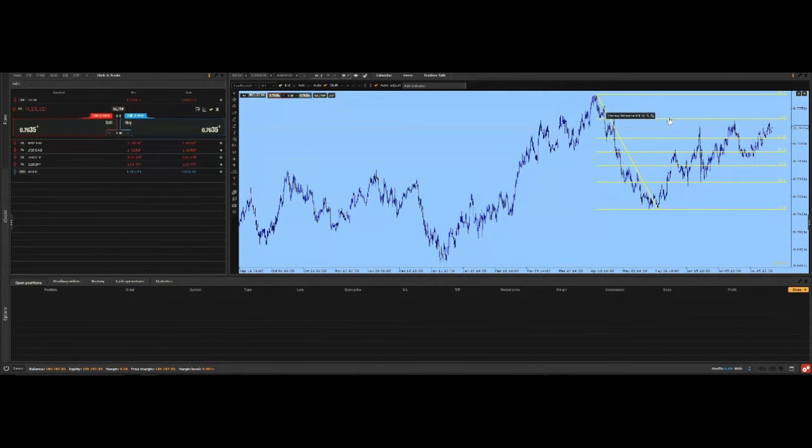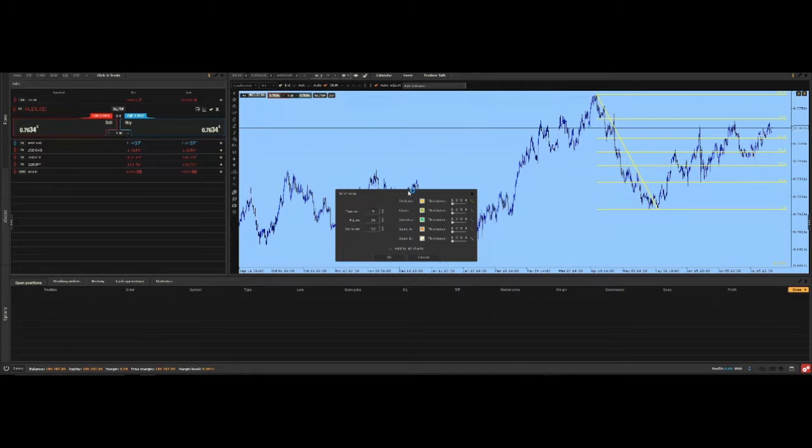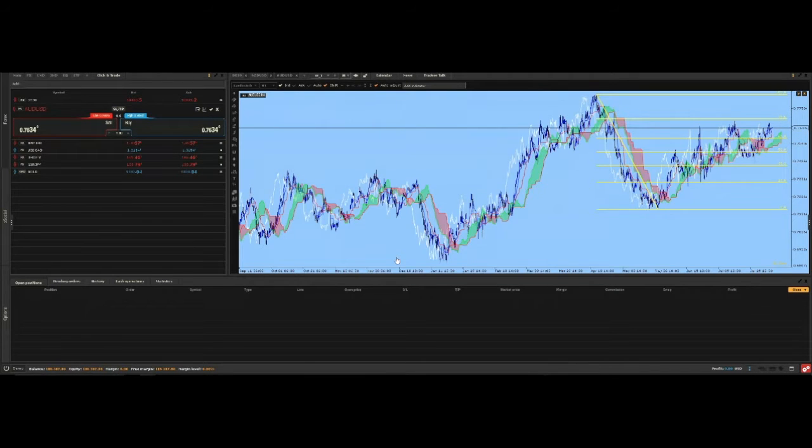Alright, so for this we're actually going to only have one entry because we are at the 78.6, and usually the only reason you would ever use the 78.6, and I'll show you because it's going to be more prevalent on the Ichimoku, is if you're seeing sell signals closer to that level. If it hits the 100% retracement, that's not a safe bet. That's not a safe entry to get into. But if you're sitting close to the 78.6 or on the 78.6 like we are right now, and you're starting to get